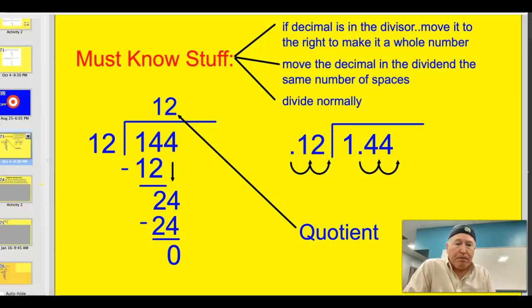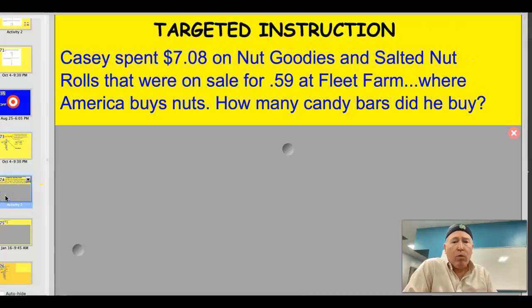All right, let's take a look at a word problem with my son Casey. Casey spent $7.08 on nut goodies and salted nut rolls that were on sale for 59 cents at Fleet Farm,